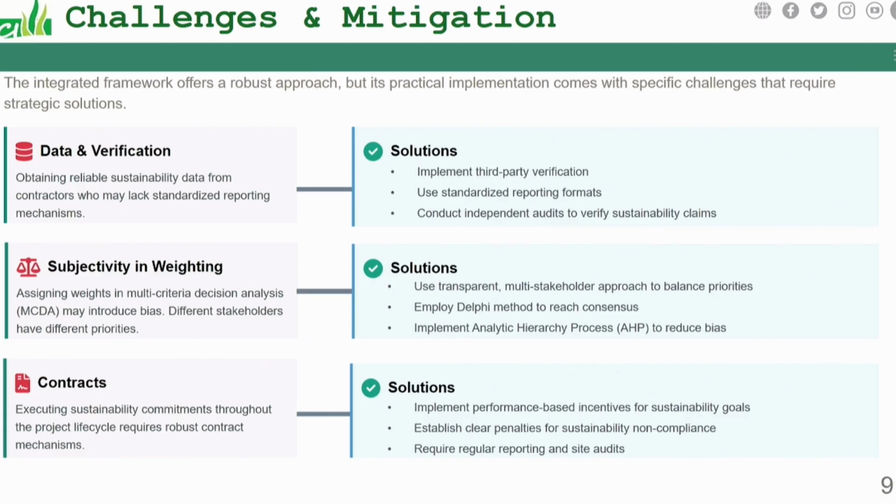Because once you review documents, sometimes you may not be very objective, right? But there are various ways that you can, especially in the weighting, you can actually use multiple stakeholders. I mean, you can get a lot of people to do this evaluation, so it doesn't become one person trying to say that this guy is good or this guy is bad. There are other methods there. I mean, you can use an AHP for that. And even with contract management, you need to put some key KPIs in there that will help with the management of that.